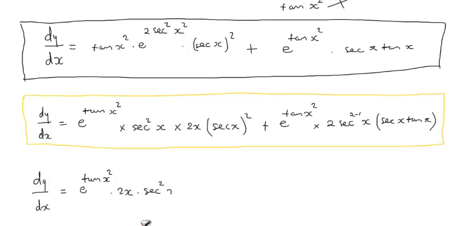What are you saying? Times sec x squared, okay? Times sec x squared, times another sec x squared. Times sec square x. I don't understand. Times sec x. Sec squared x. Okay? Plus